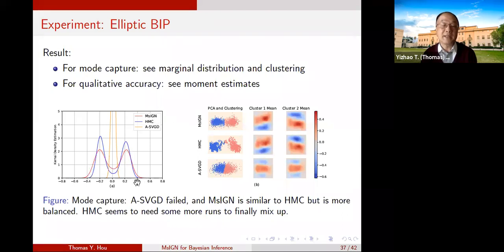the red line. In this case, we don't have the ground truth, and we both capture the multiple modes, right? And our method is more balanced, but the amortized Stein variational gradient descent completely missed the double mode, right? This is the clustering of the three methods. You can see that our method clearly separates two clusters. HMC also does a reasonably good job, but not very symmetric. But the amortized Stein variational gradient descent completely missed it and collapsed into a single mode. You can see this mode 1 and mode 2, and the last method completely missed the separation